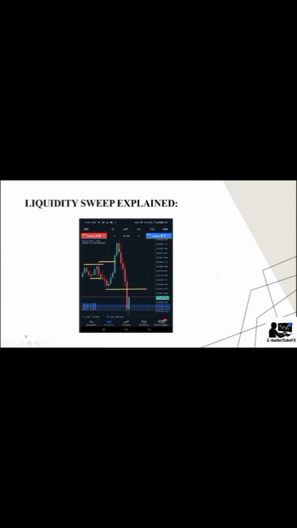A trader who joined this bullish move that went up with a stop loss of 10,000 USD is residing at this zone. A trader who also joined the bullish move with a stop loss of 1 million USD is residing at this zone. Another trader who joined this bullish move with a stop loss of 1 or 2 million USD or 1 billion USD is also residing at this zone. So market makers, after sweeping liquidity, then reverse price up to this zone. All the stop losses that we have down here have been triggered.